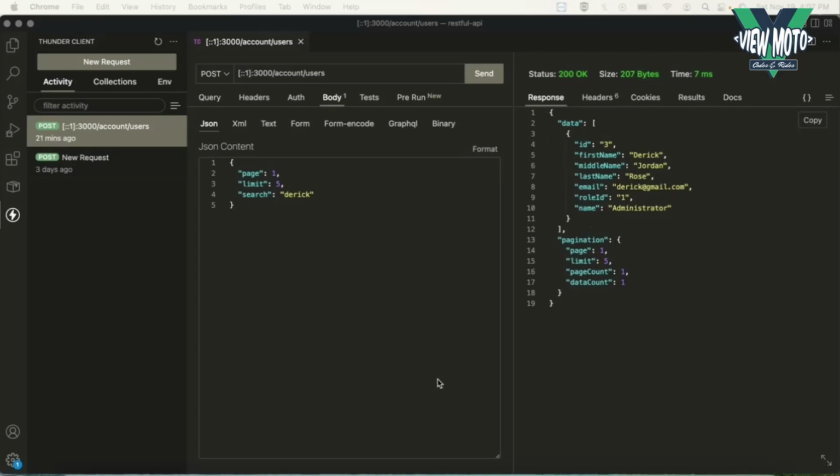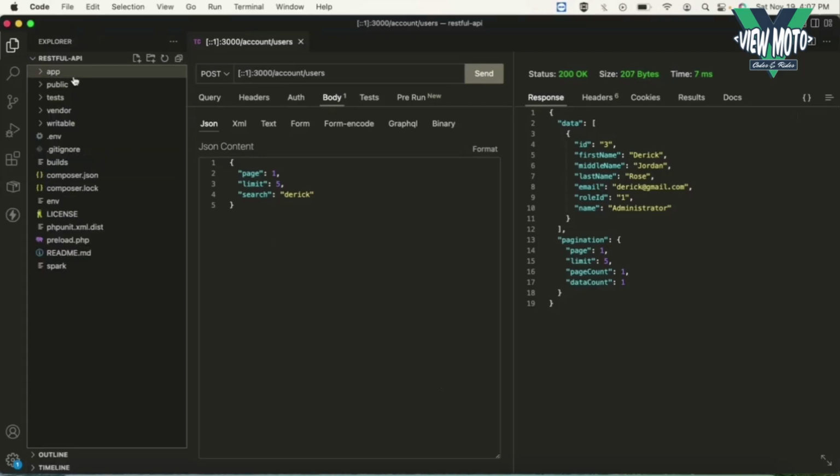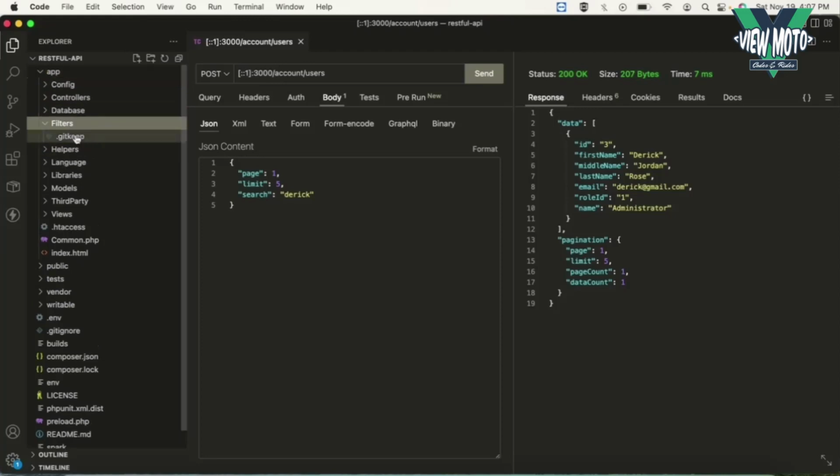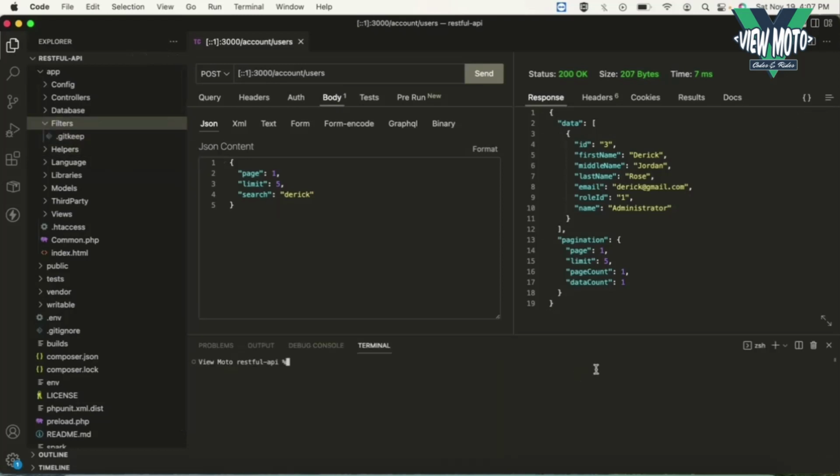Now, to be able to do that, we are going to create a middleware file in our filters folder. So let's go to our app folder and then filters. As you can see, we don't have a middleware file here yet. Now let's open the terminal and run the server first, php spark serve